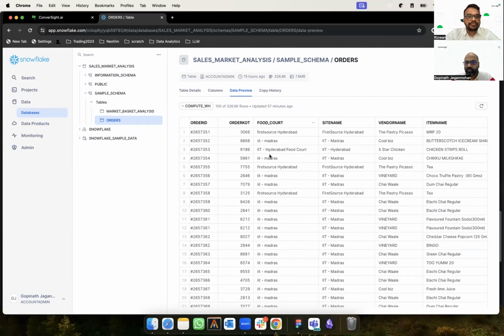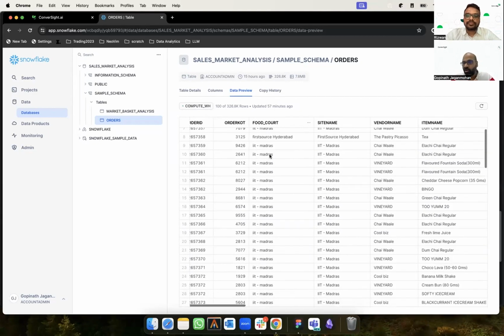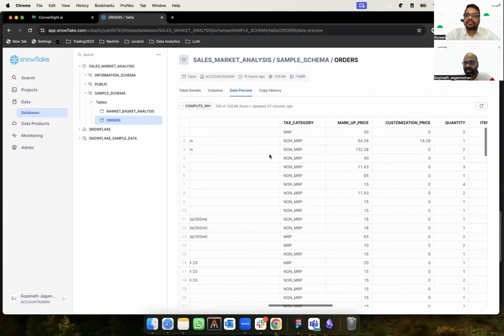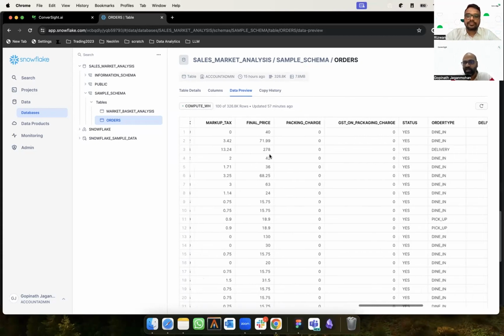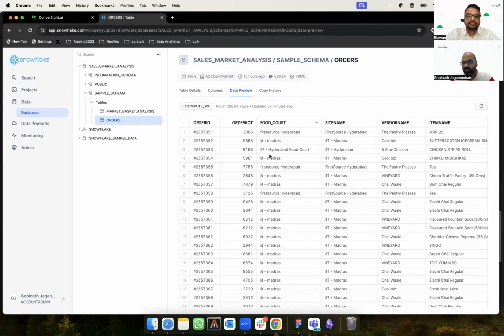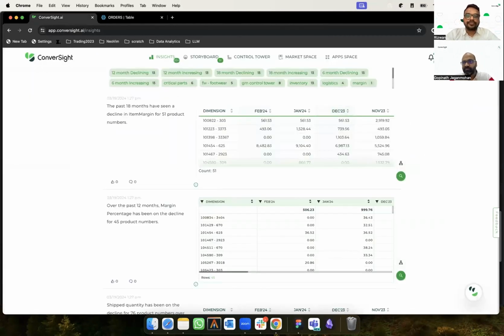It has a site name, a vendor, the items they sell, and you can see the customization, the tax category, and all that. So basically, it's typical data for a food court with varying sites in different regions. So let me go to ConverSight.